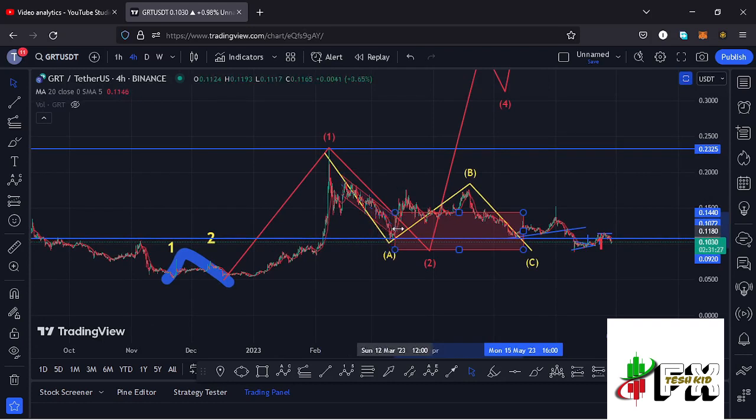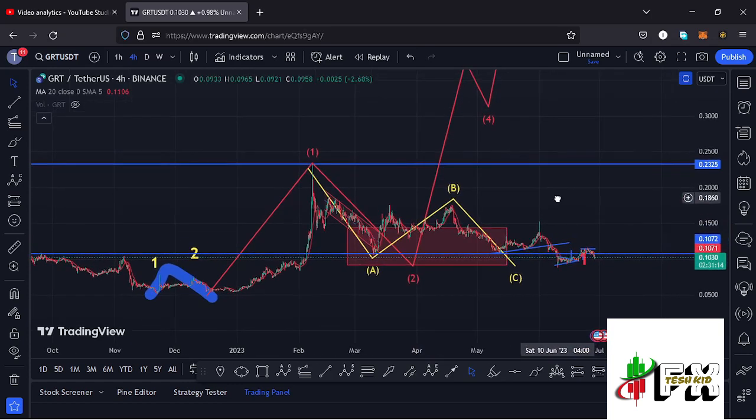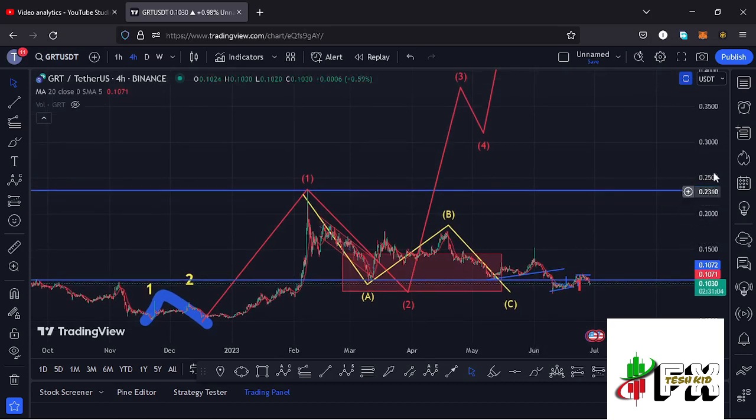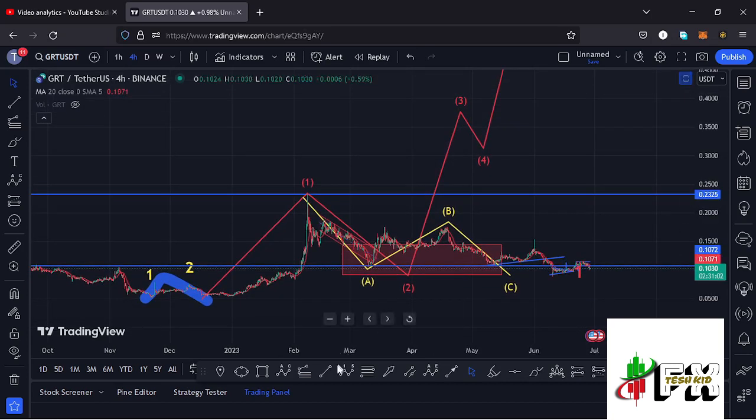Minimum target areas highlighted on the charts using this red target area, and there are high chances that the low for this second wave is now in, since we have fully maximized minimum target areas. And now GRT is ready for a massive pump to the upper side in the formation of a larger Elliott wave count 3, whose minimum target areas lie above the $1 mark